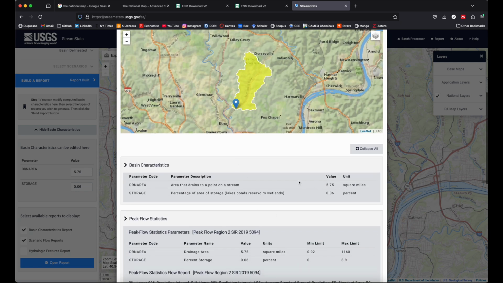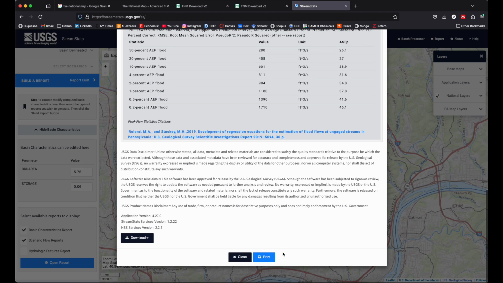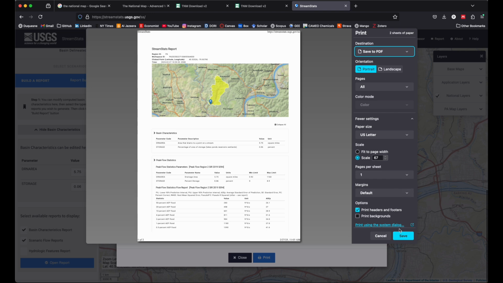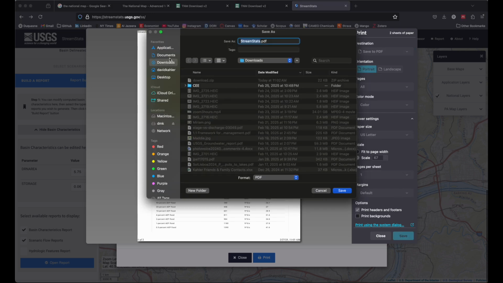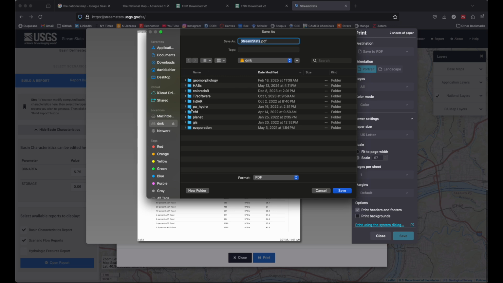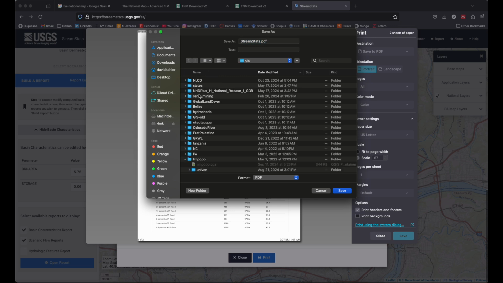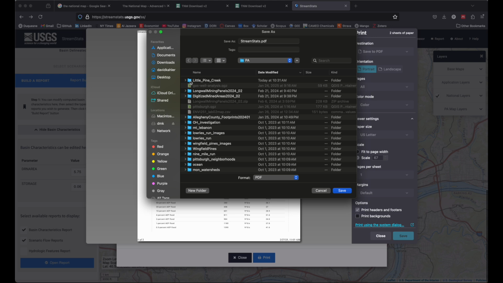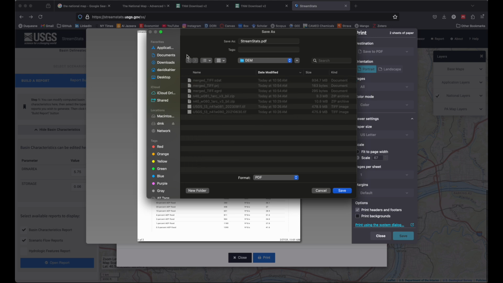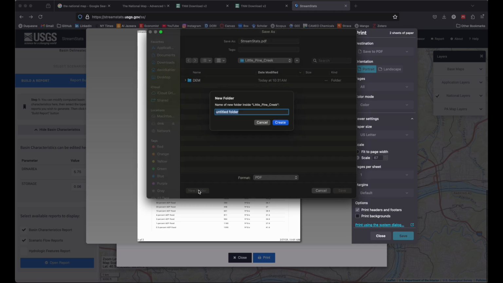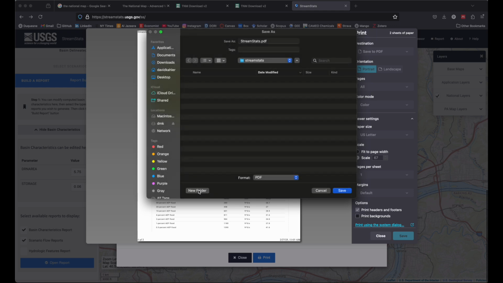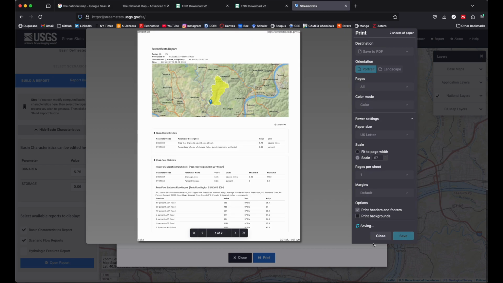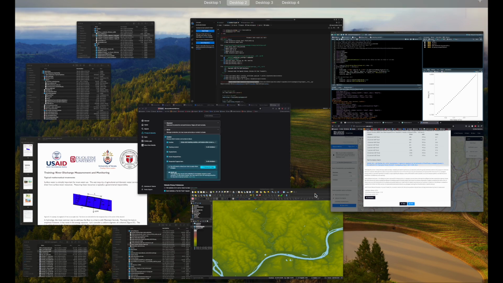So here, 5.7 square miles. Of course, we will definitely have to convert that to something more useful. But let's save the report here so that we can take a look at it in comparison. And we'll go back to